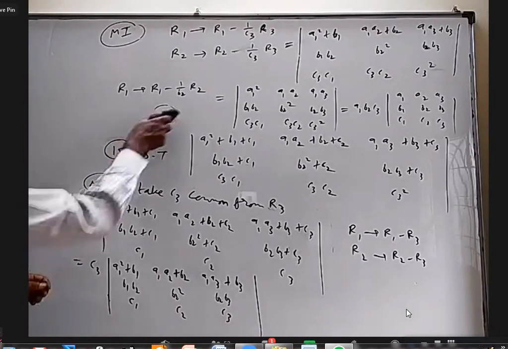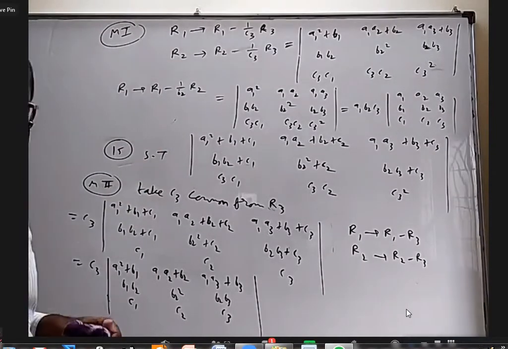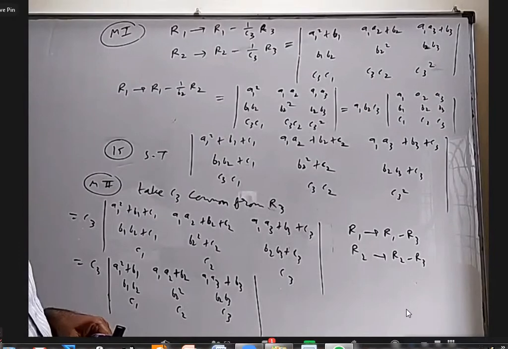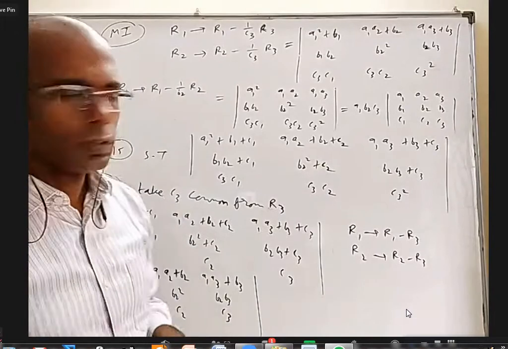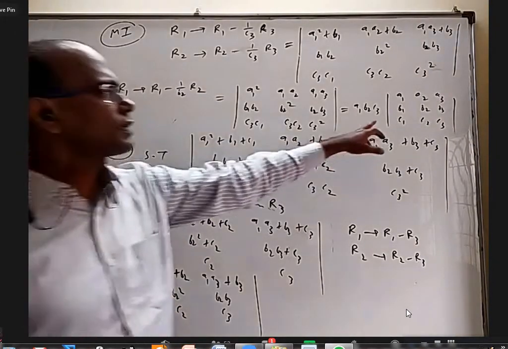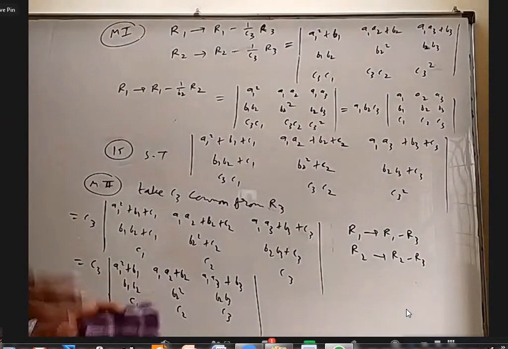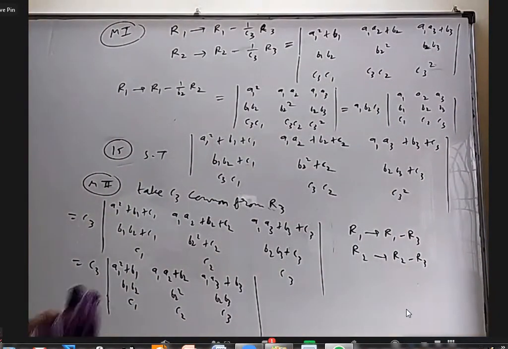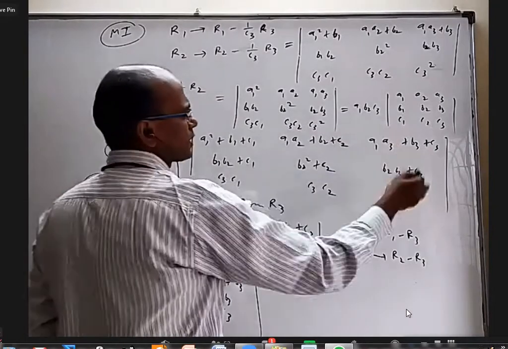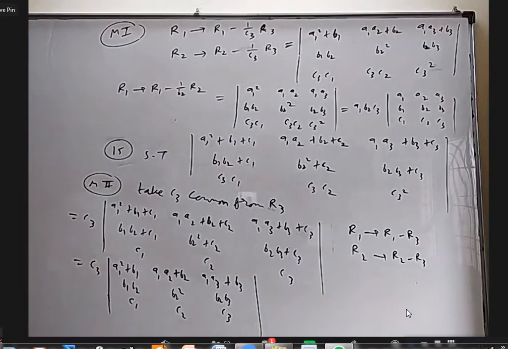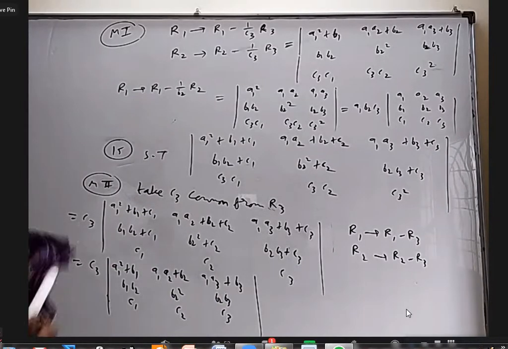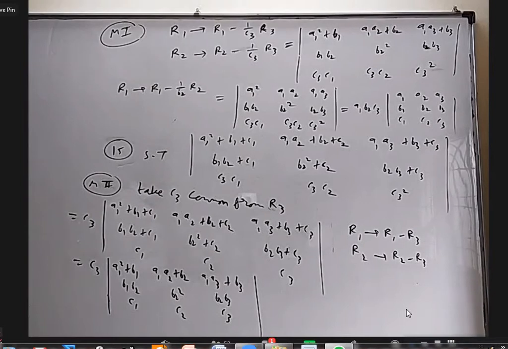Sir, in the last step, I think we need to transpose it. Oh, okay. In the answer, A1, B1, C1 is given row-wise. Yes, sir. I did not see that. So please write equal to and write the transpose, because det of A equals det of A transpose. Here one more step is there, where the first column should be the first row, the second column should be the second row, and the third column should be the third. I'm going to discuss one more method, method 3, after this, where I'll show you the answer in one step only, without writing much.